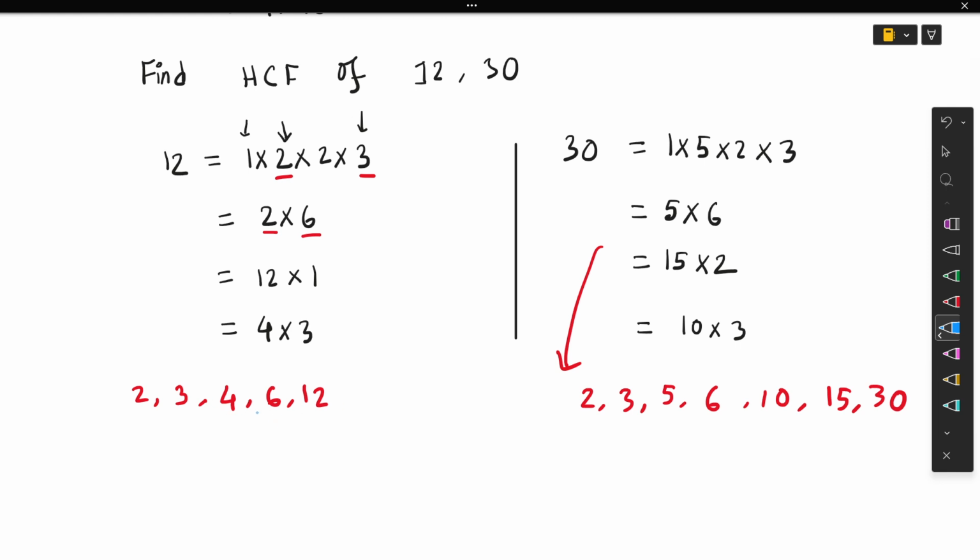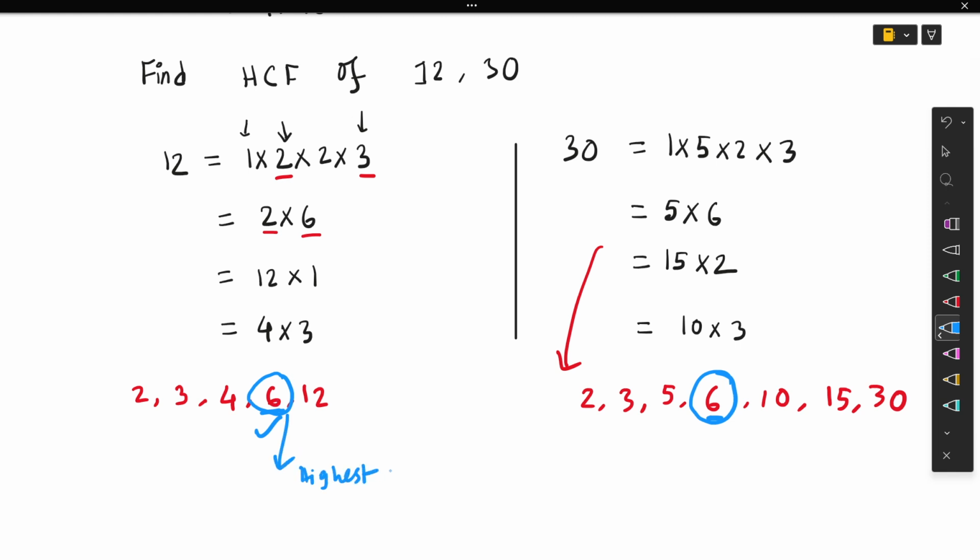You can see 6 here is the highest factor. All of these are factors. These values are the factors of 12, and these are for 30. So we can write 6 is the highest here, because 6 exists for both of these numbers, 12 and 30. So 6 is the highest common factor here. This is the highest value, this is a factor, this is the highest